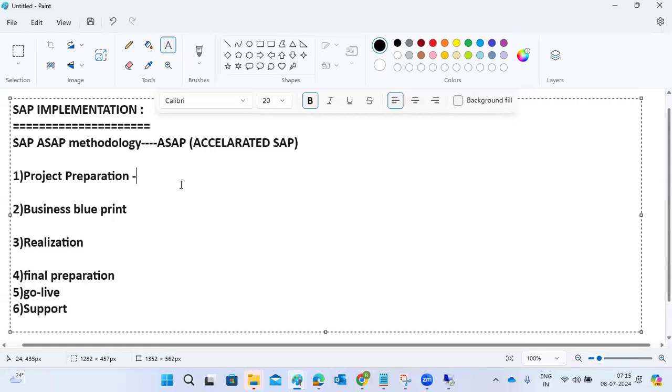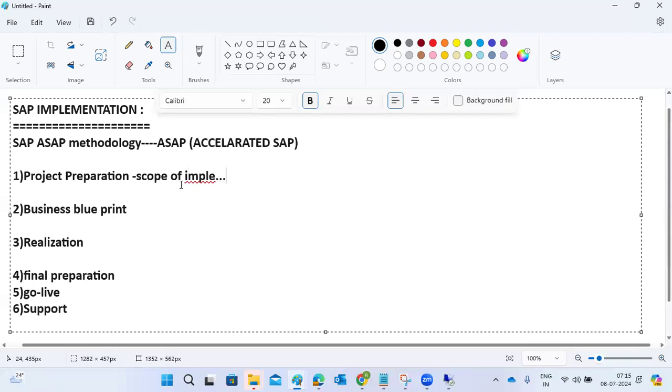So in each and every phase, the project preparation, in the name itself we have the activities, the preparation. This phase is mainly focused on the initial planning, the preparations to set the goals. This phase is mainly for the scope of the implementation, right? Suppose you got a project from the company, what is the scope of your implementation, what is your company doing? Do you have to do all activities or only certain activities here, right? You need to get clarity on the scope of